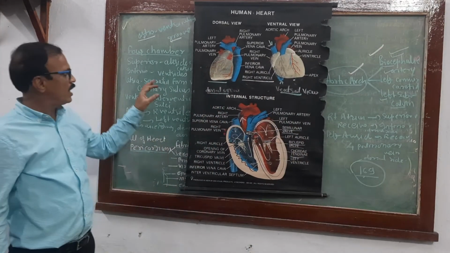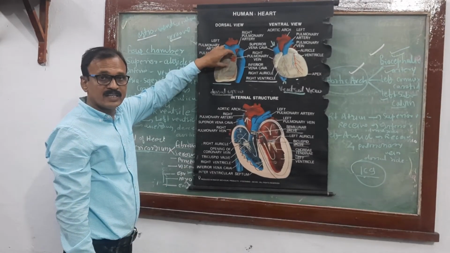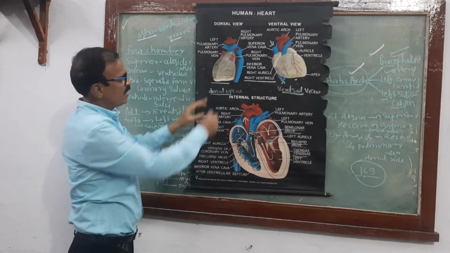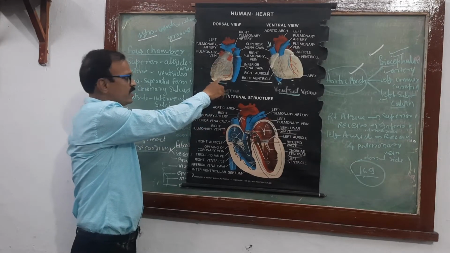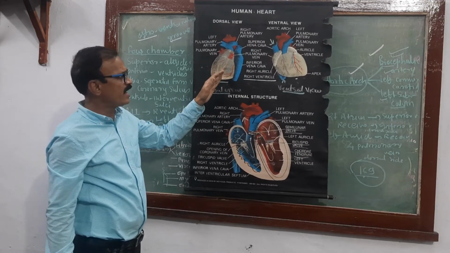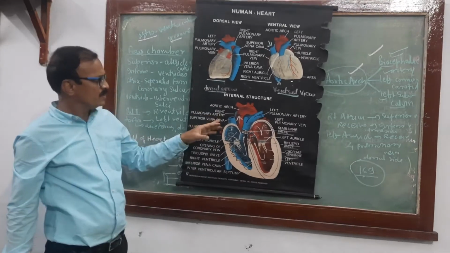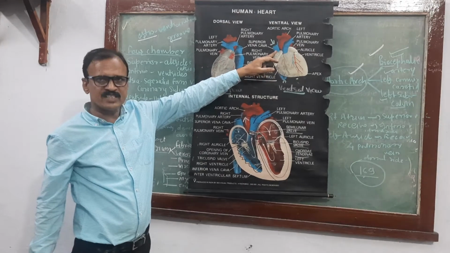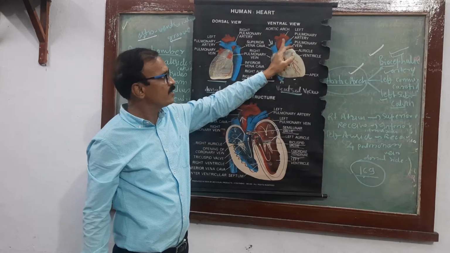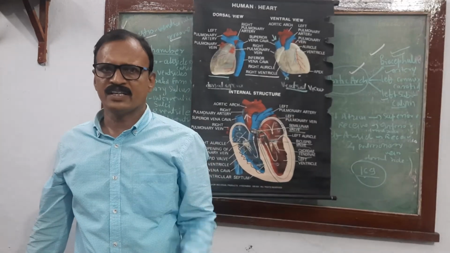That's all. Now you have to remember, the auricle is separated from the ventricle by which groove? Atrioventricular groove. And the ventricles are separated from each other by which groove? Interventricular groove or coronary sulcus, through which the coronary vein and artery run, reaching the wall of the heart. Now, there are two major veins, the superior and inferior vena cava, and two major arteries, the pulmonary trunk and aorta, and there is also the coronary sinus that opens into the right auricle. That's all.